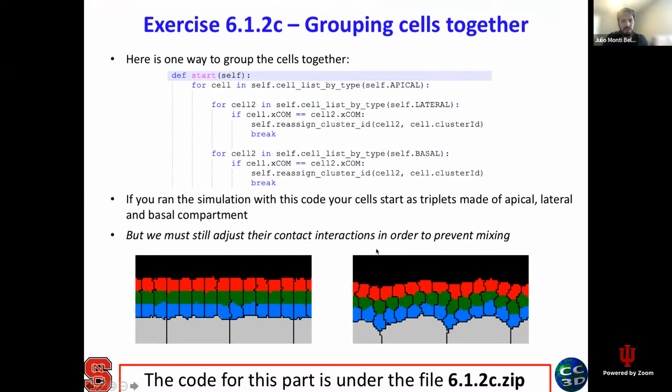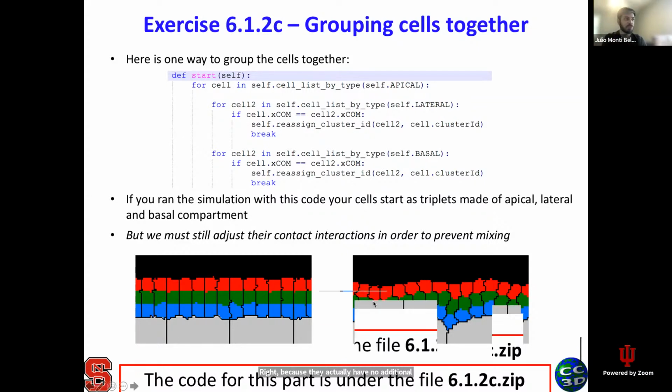All right, so you should all see your cells cluster. They have been properly clustered, grouped together, right? But then when you run the simulation, the cells start to mix, because they actually have no adhesion preference between the cells. So what you have to do now is adjust your contact interactions in order to prevent the mixing